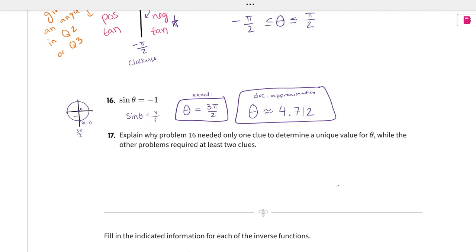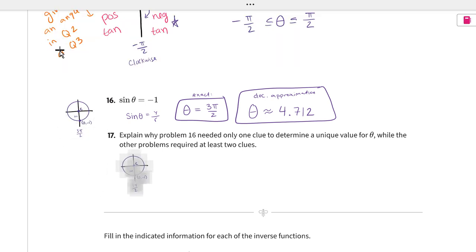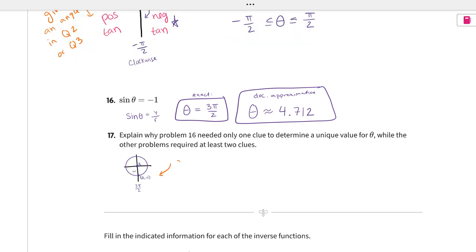So question 7: explain why problem 16 only needed one clue to determine the unique value for theta. Well, that's kind of what we just did right here. So there's only one place between 0 and 2 pi that has a sine value